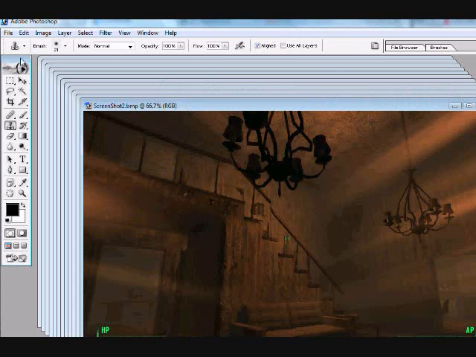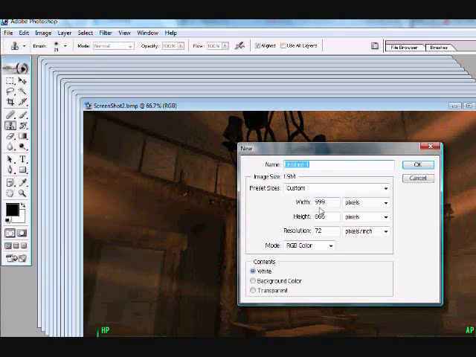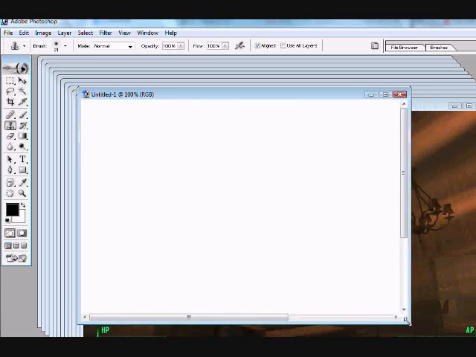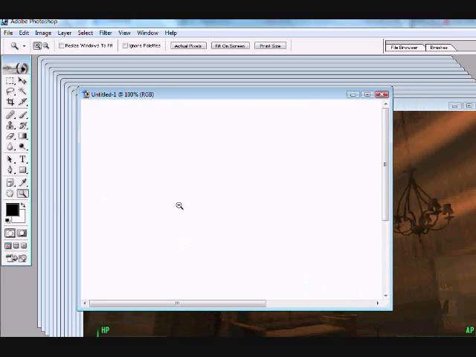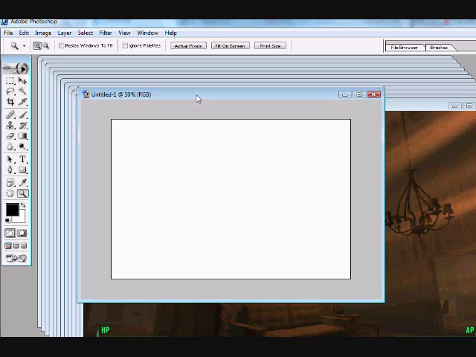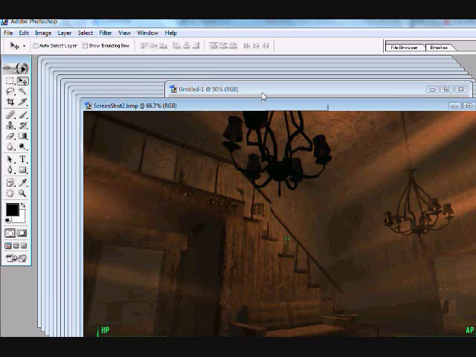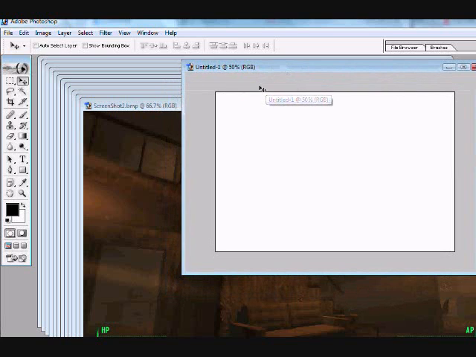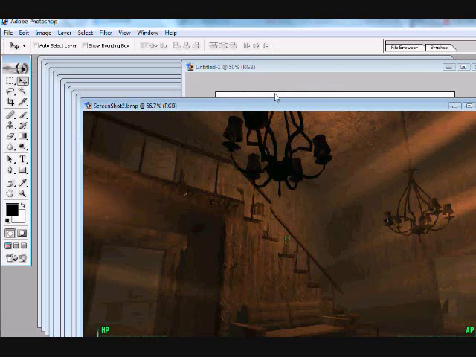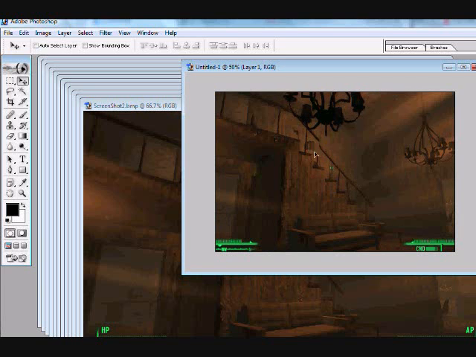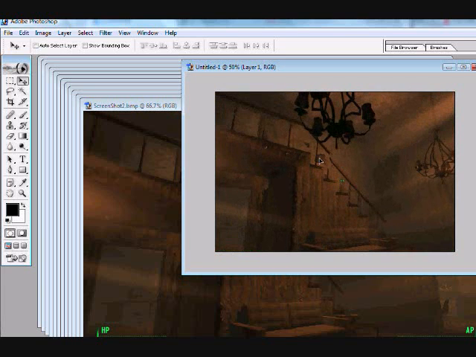Here is Photoshop. I'm going to make a new file in Photoshop with the dimensions that I want. Once I have this new file in here, let me make it a bit smaller. So once I have the new file in here, I'm just gonna drag pictures into it. Alright, there's a better way to do that. There we go. So once the picture is in here, I'm gonna adjust it so that the GUI items